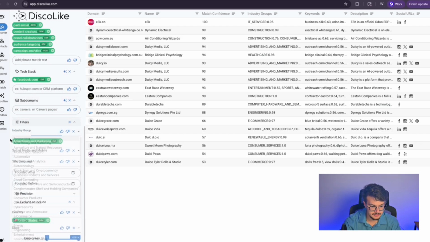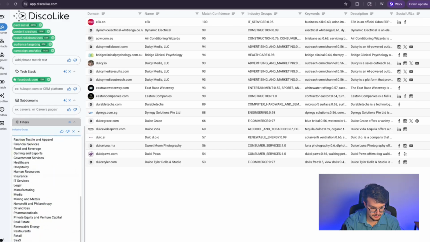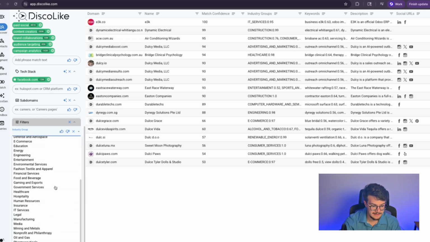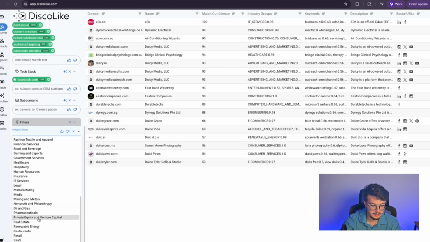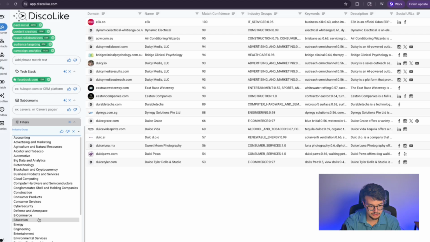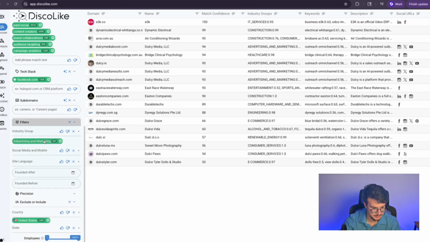Now, filters, you also have a bunch of different industry groups here. You have stuff like SaaS. As you know, a lot of these tools don't have SaaS. It's normally like information technology and services, which isn't really ideal. But you have everything here that's primarily what you need, right? Maybe like roofing would still be under construction and things like that. But you have your advertising, marketing, and that all checks out. Social media mobile, all right?